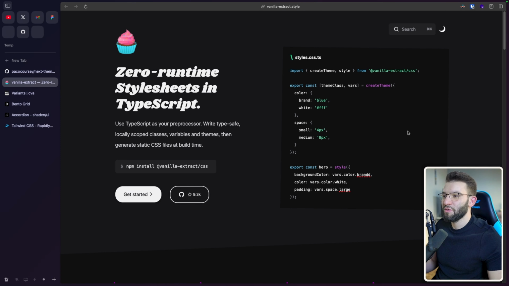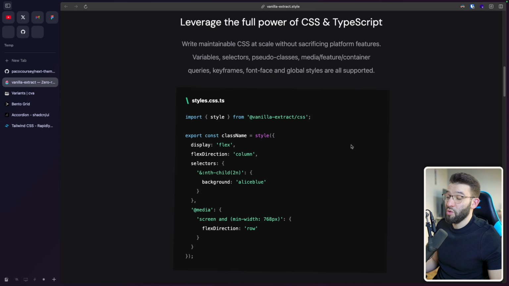And if you want to include vanilla CSS inside of your code with Next.js and you don't want any runtime overhead, well, this library is for you and it's specific for Next.js. It's going to generate all the static CSS files at build time. Yes, at build time. So it will allow you basically to do something like this, where you can just create